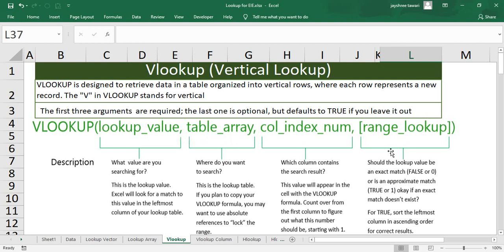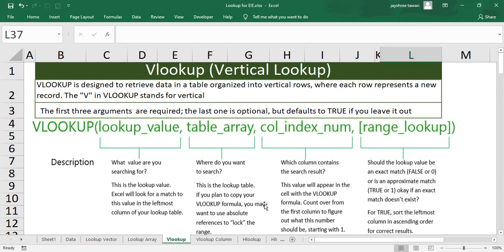And then the last parameter, which is optional, is actually going to indicate what type of range values you want. That means, are you looking for an exact match or an approximate match? If you are looking for an exact match, you have to write over there either false or 0. If you are looking for an approximate match, you can write true or 1. This true or 1 is set as default value. So always remember, when you are working with text in VLOOKUP, you need to assign this false or 0. If you don't assign, you might get a wrong output.